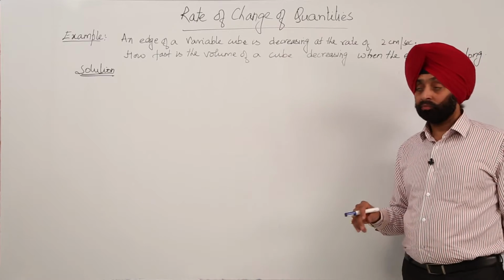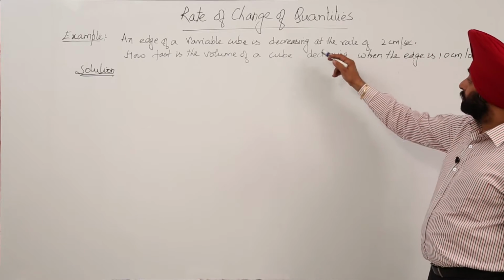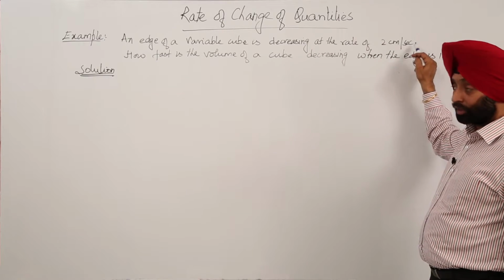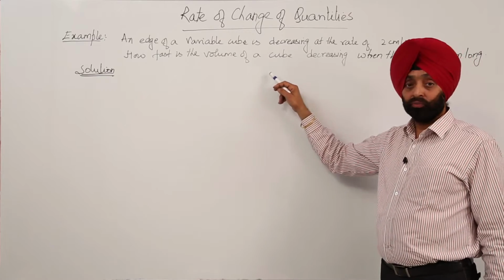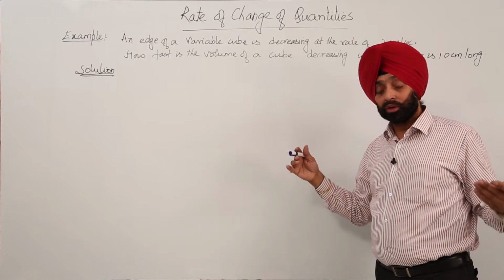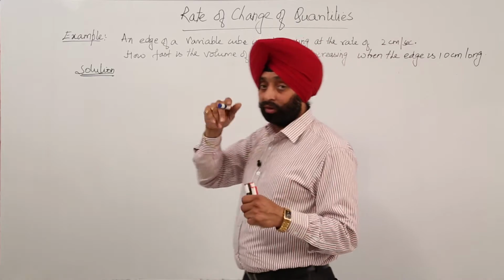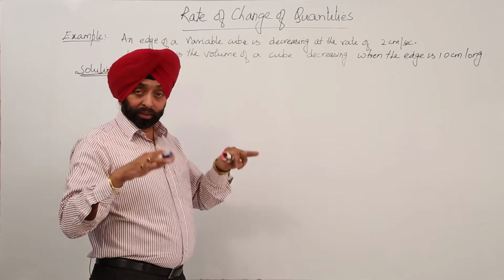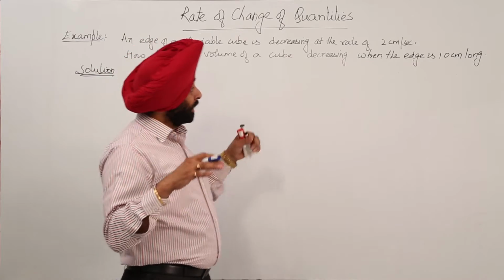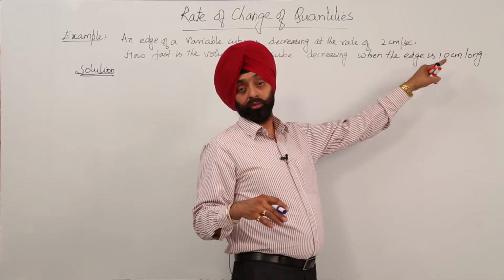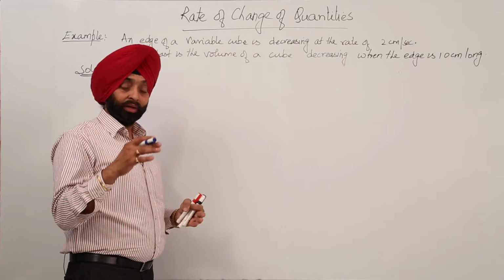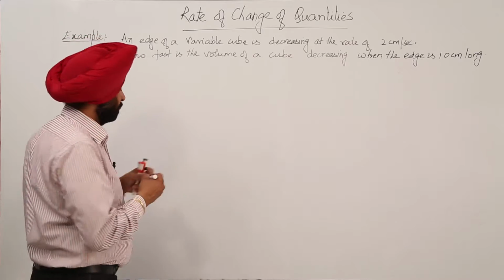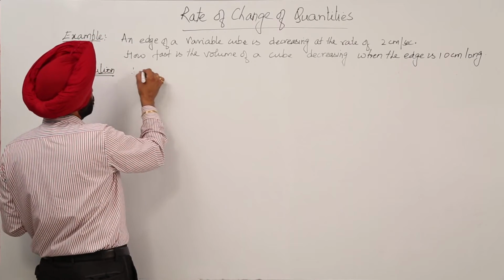In this question, what is given? The side of a cube is decreasing at the rate of 2 centimeter per second, and we have to find the volume. When the side is decreasing, what are the changes in the volume? And one more thing is given, that we have to find the decreasing rate for the volume, and we have to stop at 10 centimeter. Okay, we have to find the volume when it reaches 10 centimeter, what the volume was at that time. Okay, so now